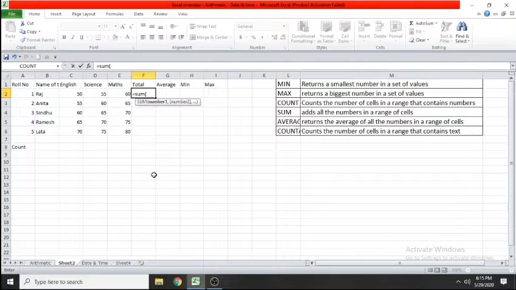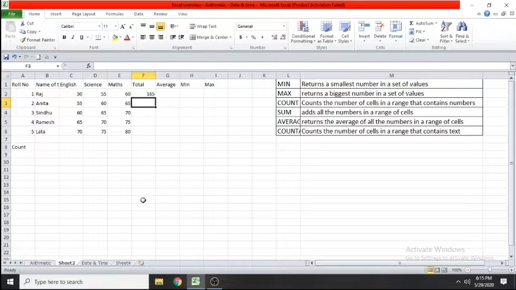I'm opening the bracket and I'm using the cell range. Now I want it from C2 till E2. If you see here in the function bar, see how it is written, C2 colon E2. This is nothing but the cell range which I am considering in my sum function, and I am closing the bracket. This cell range total it is supposed to give me. Now I am pressing enter. You can see the total is 165. So Rajan has scored total 165 marks in all the subjects.